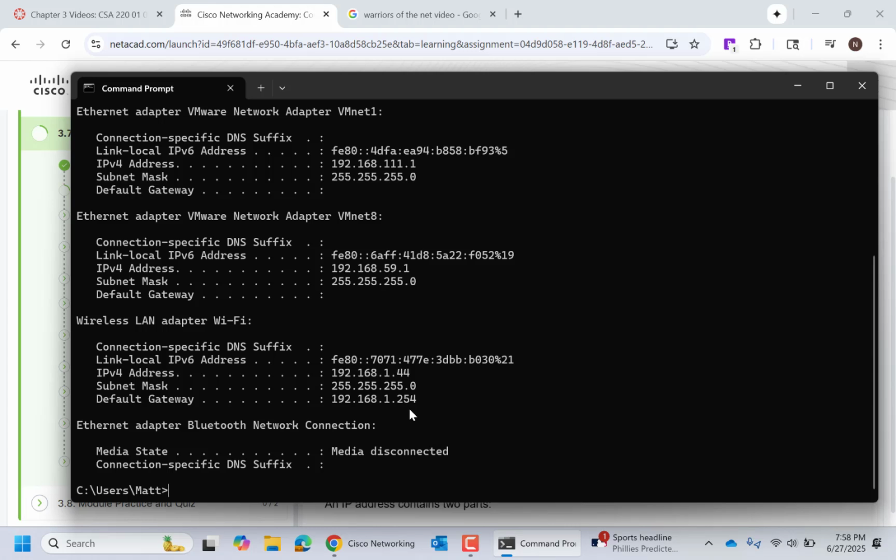What I want you to know right now is that there are no two IP addresses that are the same in the world. There cannot be another computer that has 192.168.1.44. Why? Because if, for example, Google is trying to give a search result back to the computer at 192.168.1.44 and there's 50 of them, how does Google know whether to deliver that search result to my computer or the other person's computer with that same address? So all IP addresses have to be unique in the world.